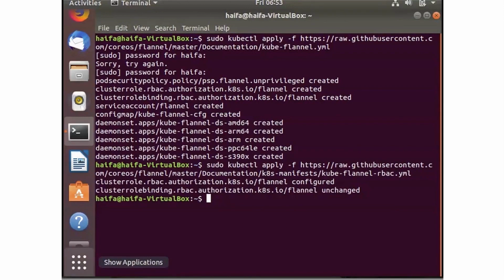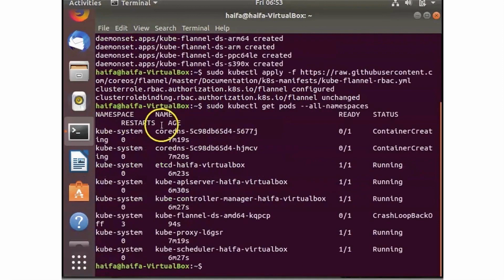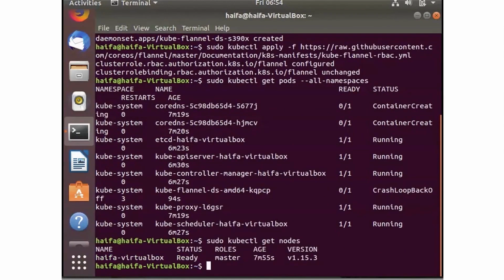And now we want to be able to see all of the pods that we have in our network, and so we're going to do that by writing the command sudo kubectl get pods --all-namespaces. And it should list all of our pods. We only have one. There we are. There's all of our content. Now there's only one node, so let's see what we have here. So we're going to use the command sudo kubectl get nodes. There we are, just one node.